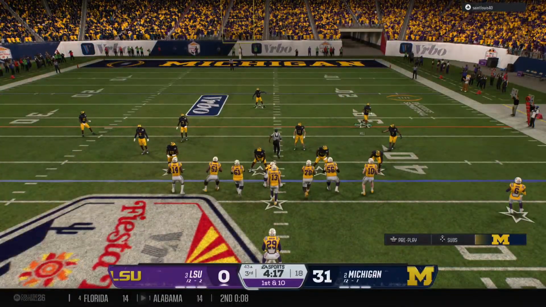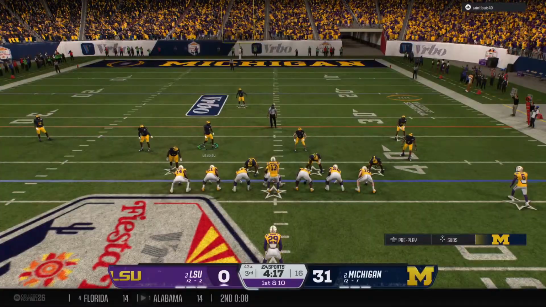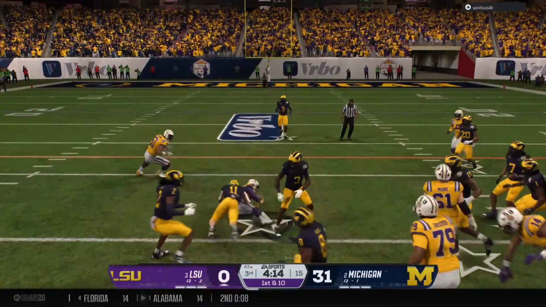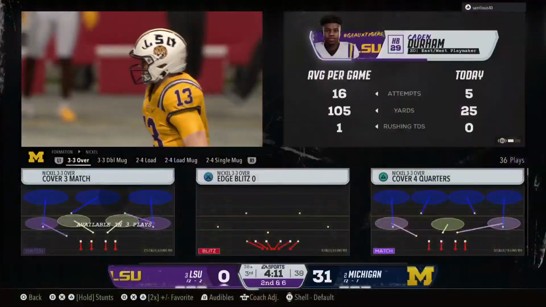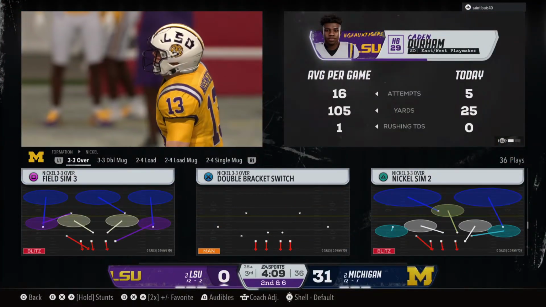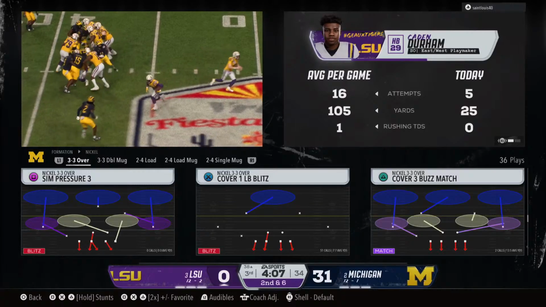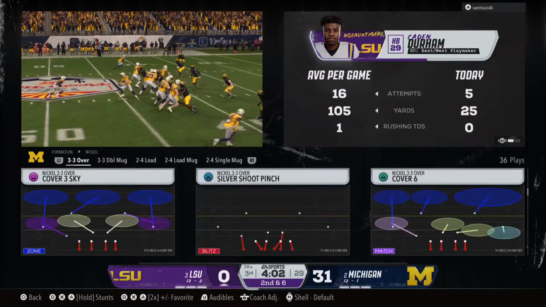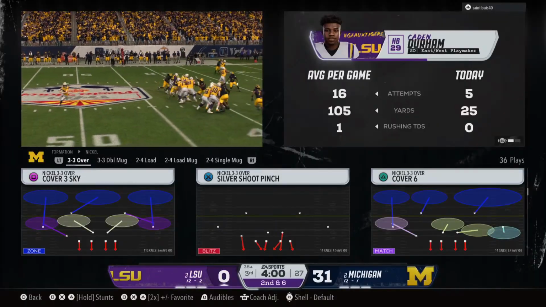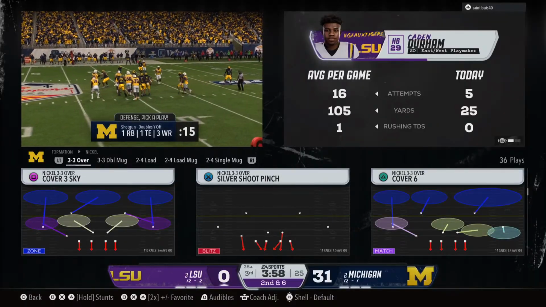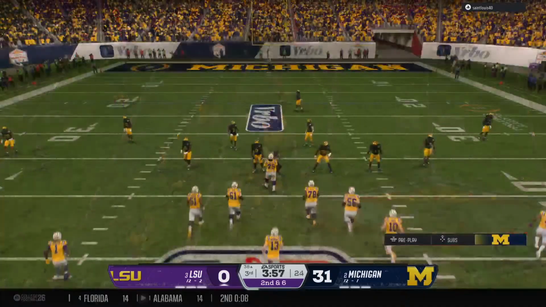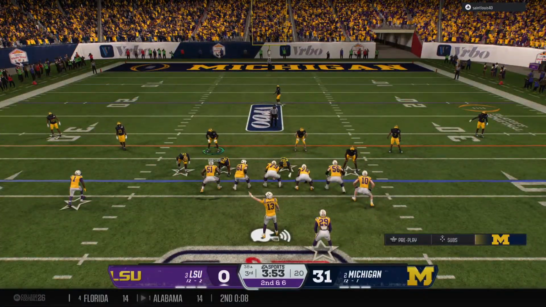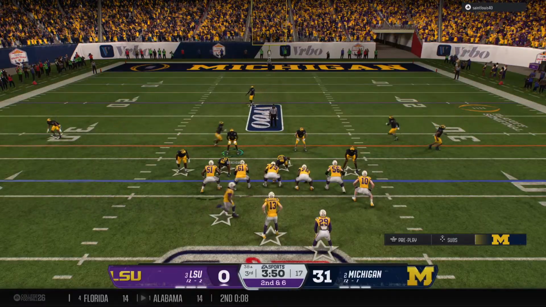And that Bayou Bengals offense is back out on the field. He'll hand it off. The gain is 4, so it's 2nd and 6. Nice job here of controlling the line of scrimmage by this offensive line. The back does what he needs to do to get positive yards on first down. Important second down play coming up. Pre-snap motion from the receiver.